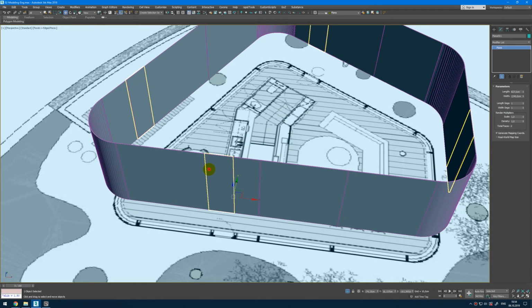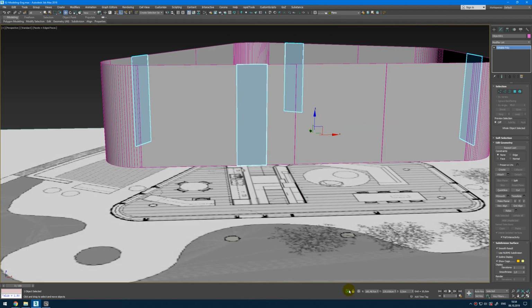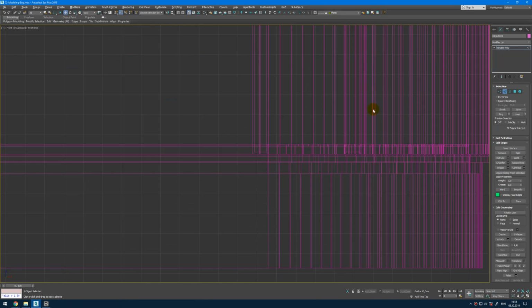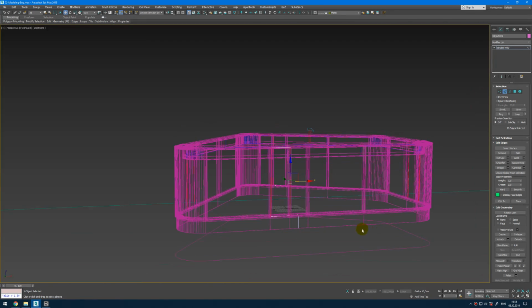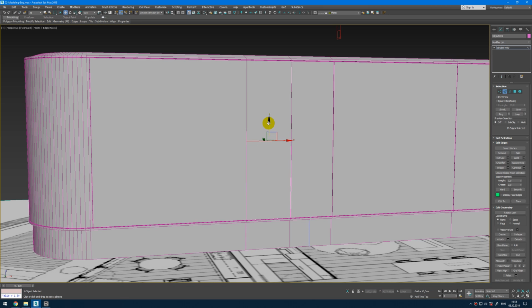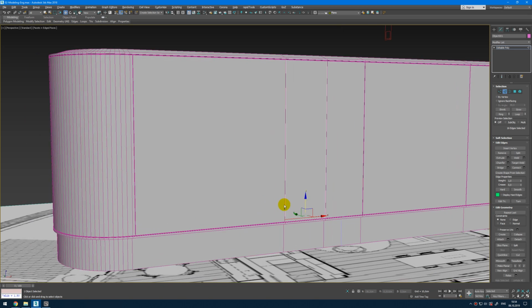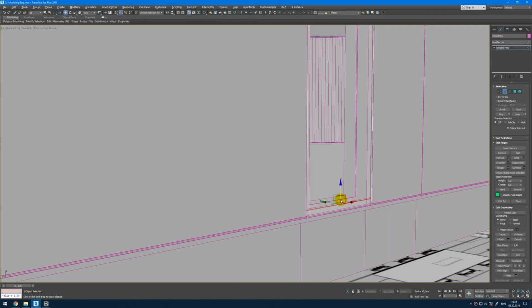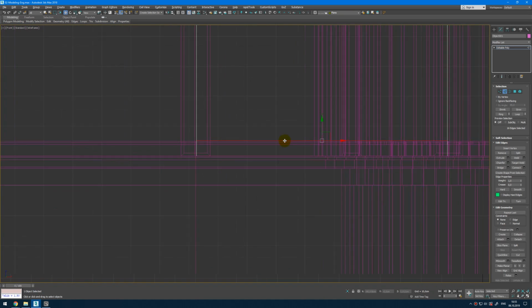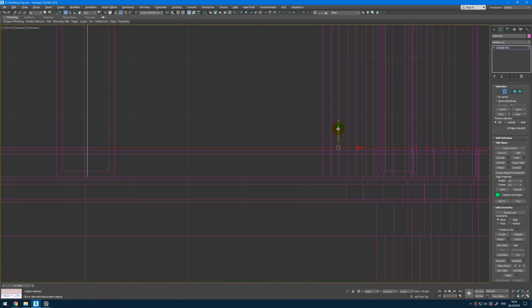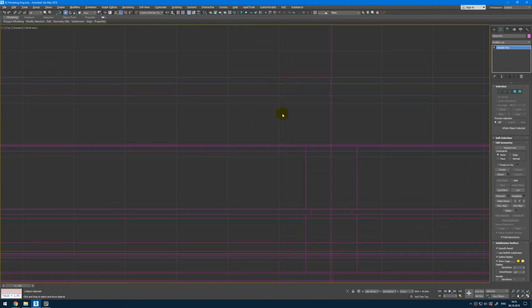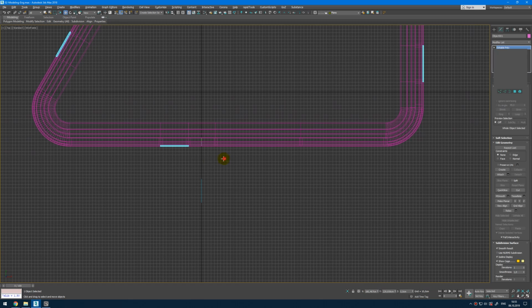Fine. Then here we can press 2 on the keyboard, then select this like that, and with the connect we can add one segment and move it down like this, maybe, so it matches with these lines. Fine. Then we can create a box as a reference,